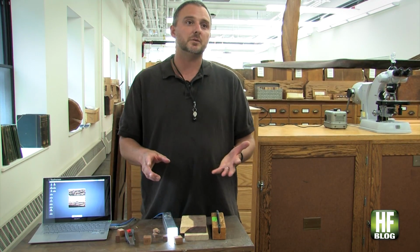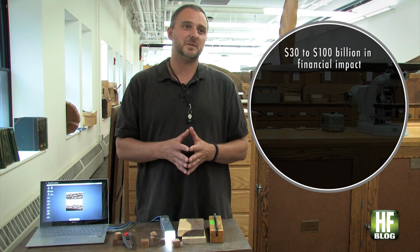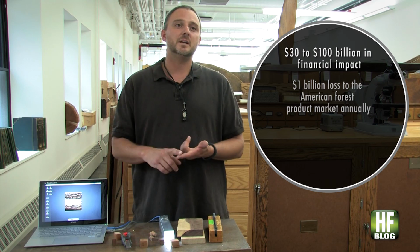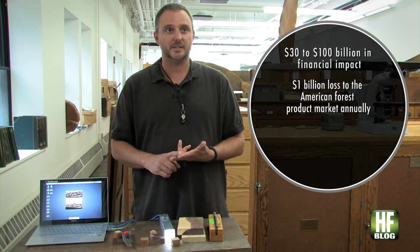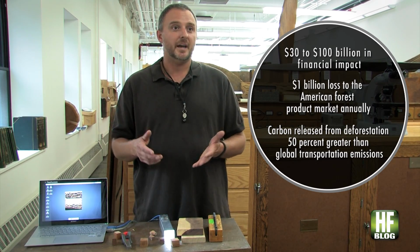The larger scale problem that we have in this country and around the world revolves around illegal logging. Globally, illegal logging is said to involve between $30 and $100 billion a year in financial impact, and that's actually a fairly conservative estimate. There are people out there with much crazier numbers. AFMPA estimates that there's a $1 billion per year loss to the American forest products market in price depression and lost export opportunities due to illegal logging. So we're talking about a massive economic problem for the American economy, a massive economic problem globally,